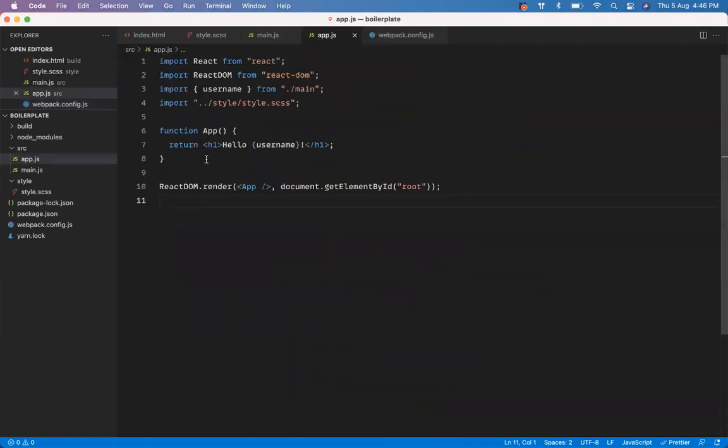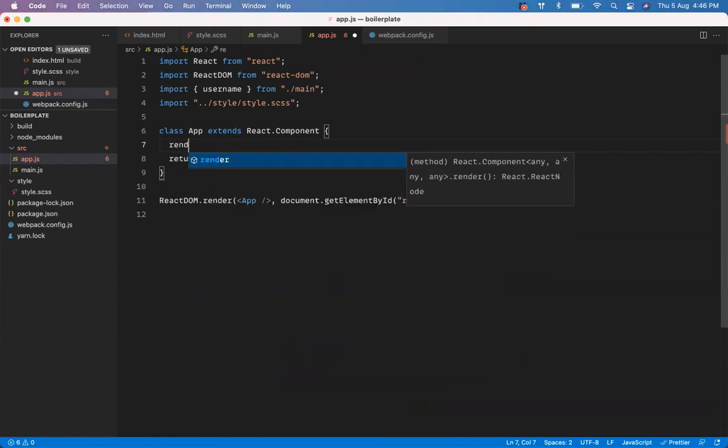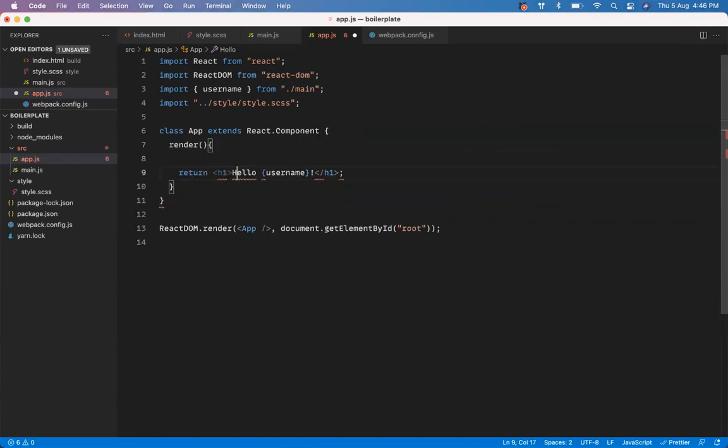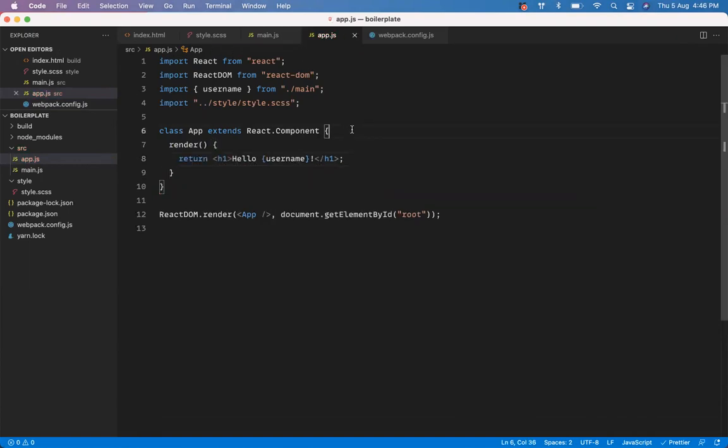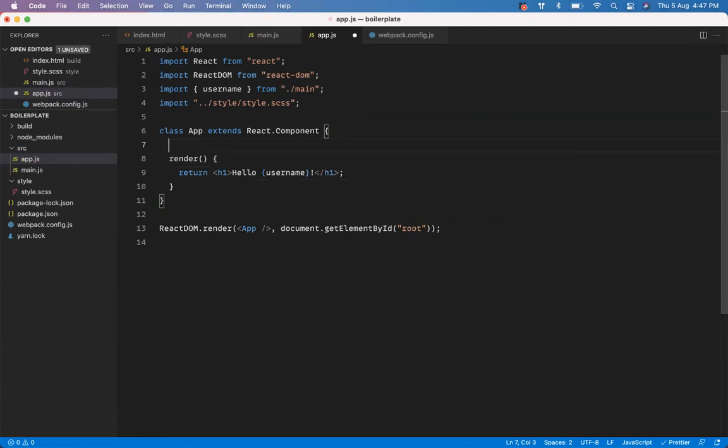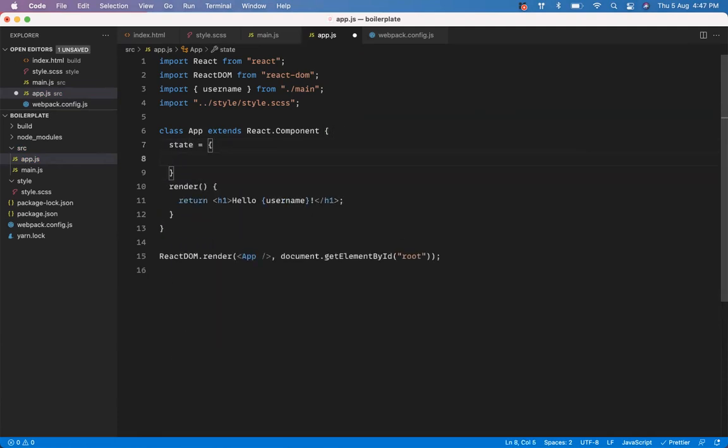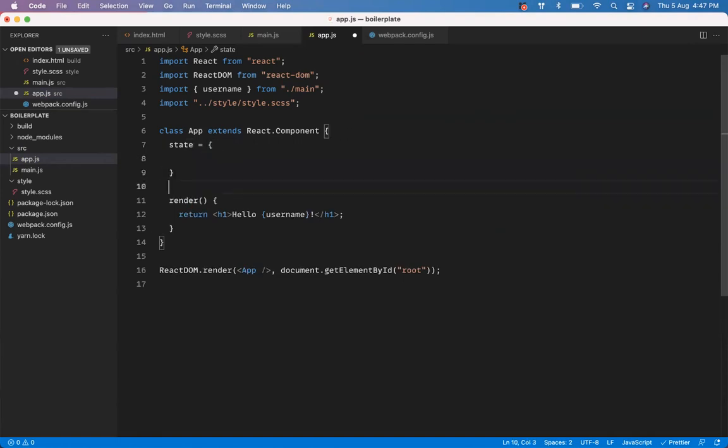There is one problem that can happen. What if I just convert it into a class component and say something like, render this thing? Perfect. Any problem? Yeah. What if I want to define a state? Can you define state like this or not? No, sir. Why? Let me tell you why you can't do that.